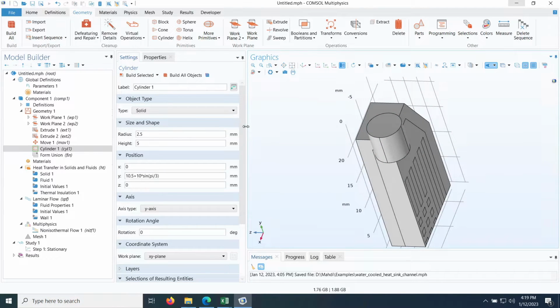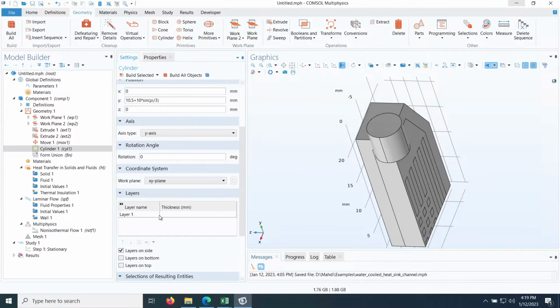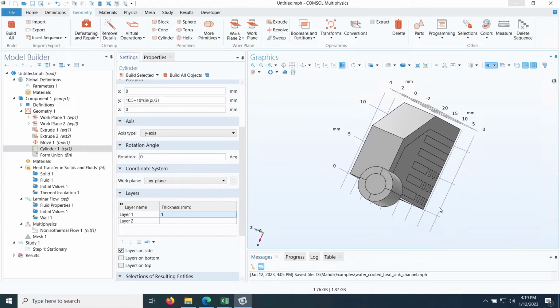One thing I haven't done yet is the wall of this inlet outlet port. So let's come here in the layers, give a 1 millimeter thickness. I don't need to give it in the bottom and top, I just only need it in the sides. So if I build selected, those are built there. So I want to select domains and remove